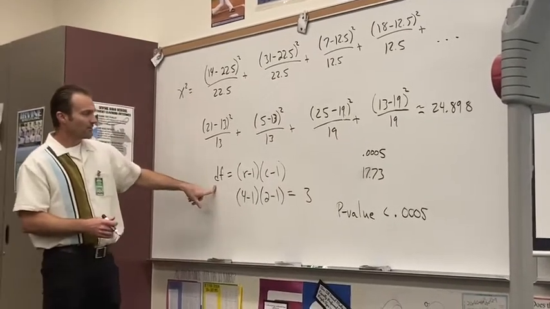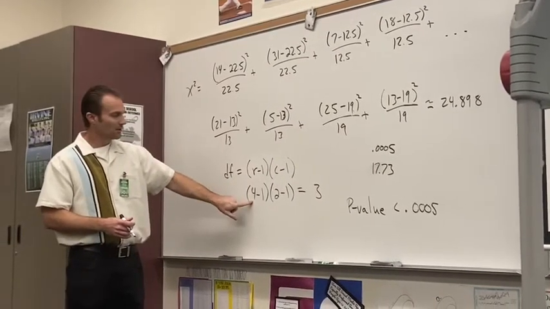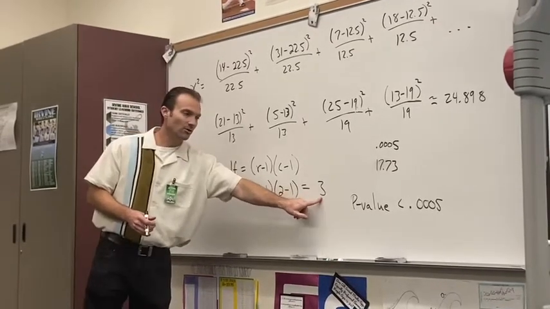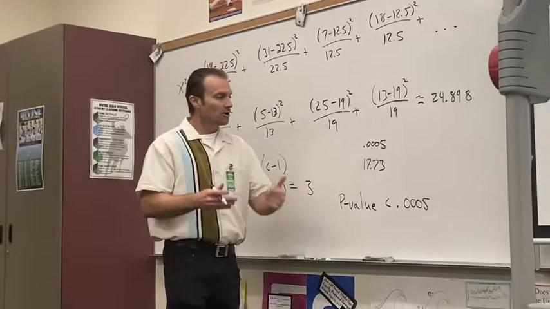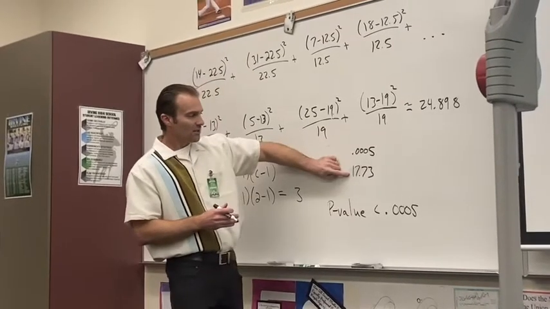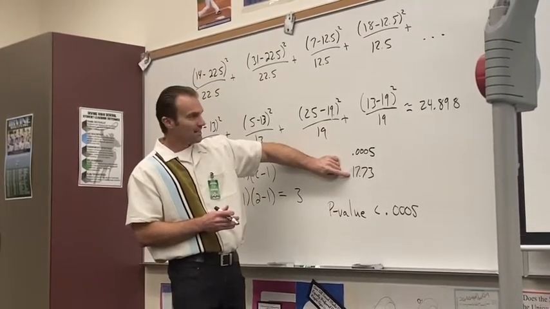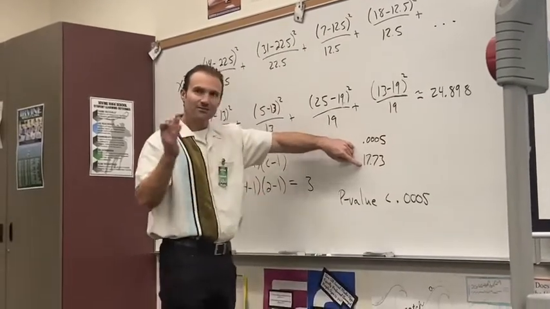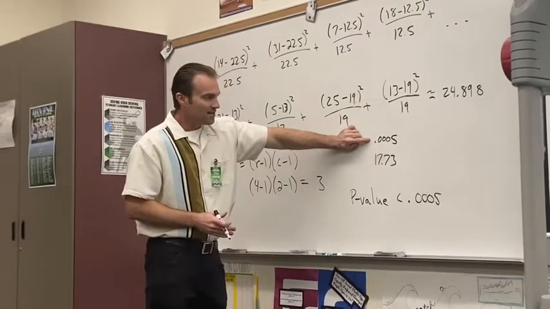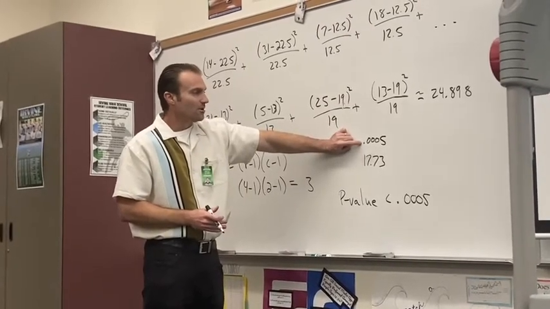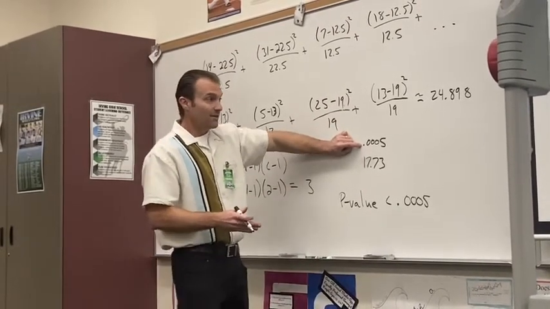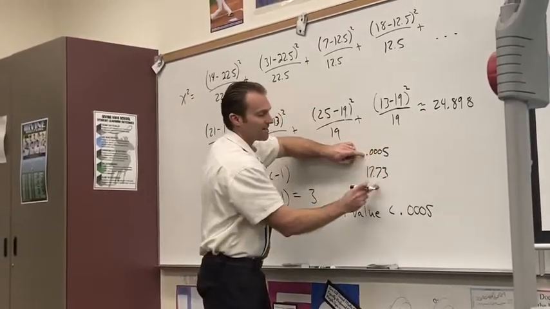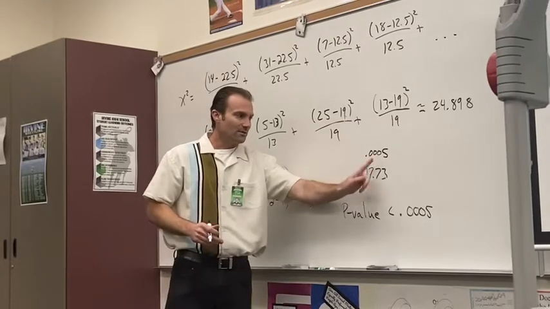Our degrees of freedom: the number of rows was 4, the number of columns 2. So 4 minus 1 times 2 minus 1 gives me an overall degree of freedom of 3. Looking on my table, it cuts off at 17.73. I've exceeded that. My statistic is well beyond the end of the table. The table ends with a p-value of 0.0005. Since my statistic has exceeded that table value, I know my p-value is less than